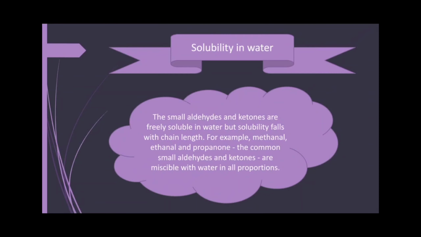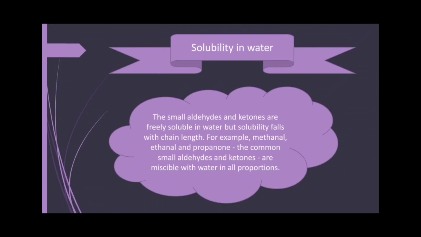The small aldehydes and ketones are freely soluble in water, but solubility falls with chain length. For example, methanol, ethanol, and propanone, the common small aldehydes and ketones, are miscible in water in all proportions. The reason for the solubility is that although aldehydes and ketones can't hydrogen bond with themselves because they are highly polar molecules and they don't have any hydrogen atoms attached directly to the oxygen, they can still hydrogen bond with